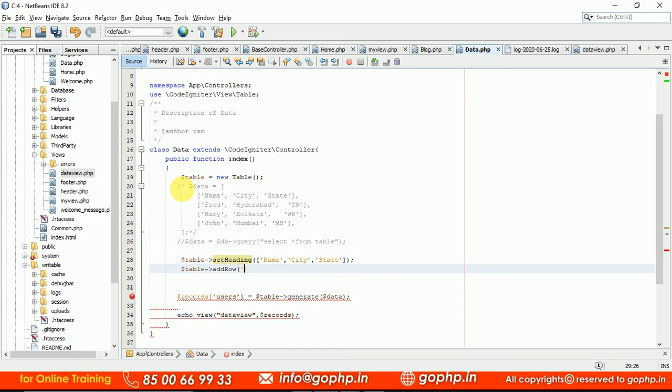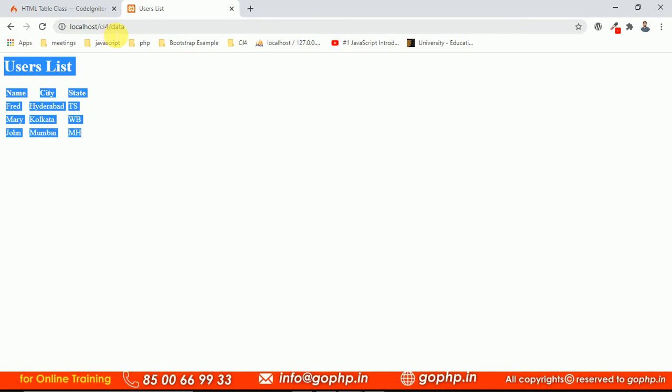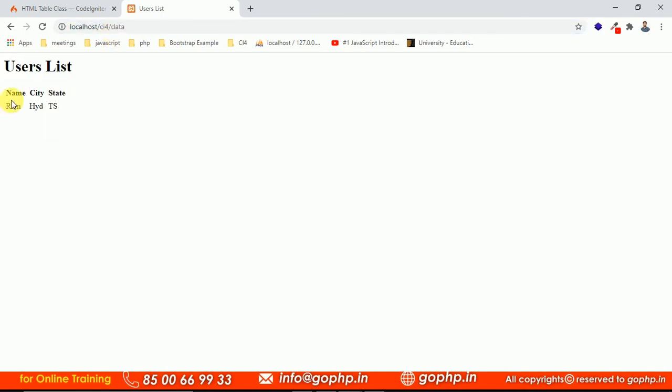So if you want, you can take an array also, or you can write comma separated values also. This is going to be something called name, and this is something called city, HYD. This is something called TS. That is going to be the state of it, right? You can add the state here, that's enough. Then after that we are generating, right? If you generate, then what is going to happen? A record will be created in the front end. Can you see here is only one record.